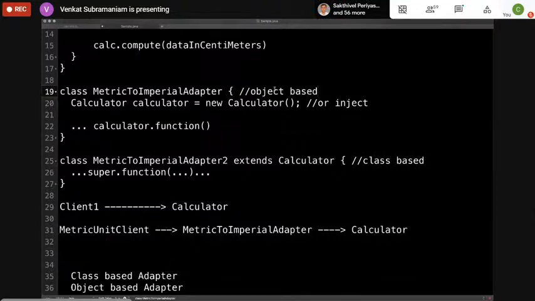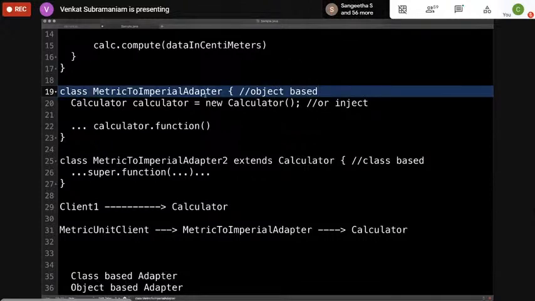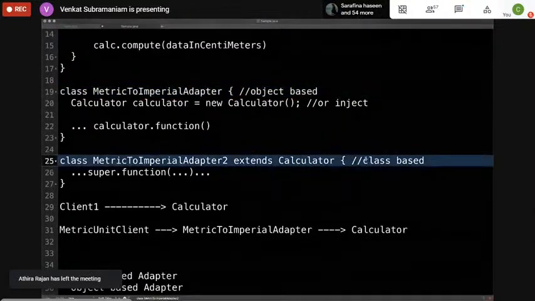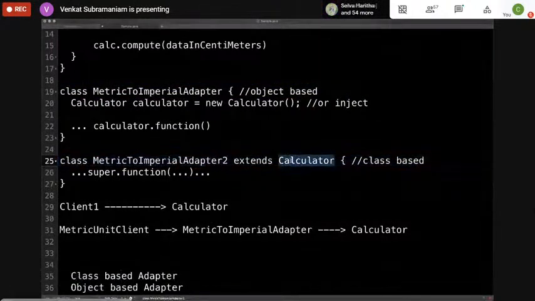Now here comes the charm. The class-based adapters versus object-based adapter. Class-based adapters are very limiting. You don't see them too often. And there are limitations to this. Why? Because if you notice, a class-based adapter only adapts calculator because you are inheriting from it.